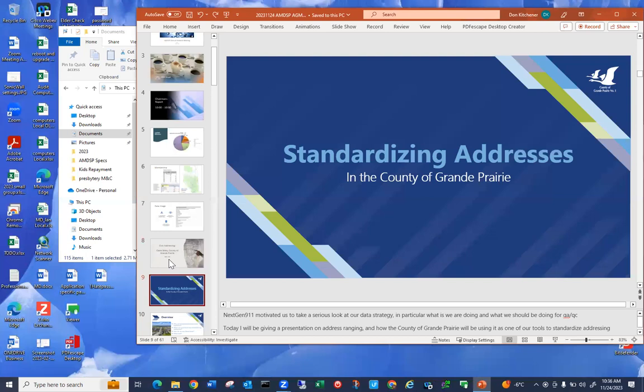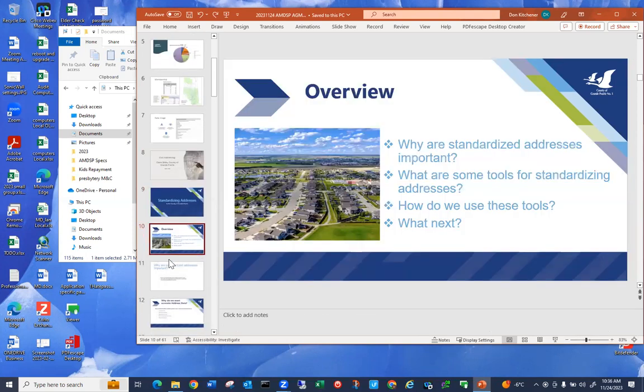Okay. Yeah, so I'm a GIS analyst at the County of Grand Prairie, and we did a deep dive into the address ranging fields based on the NENA standards. So it seemed like a good topic for this AGM. So I'll just be talking about the process we went through to measure the problem of how